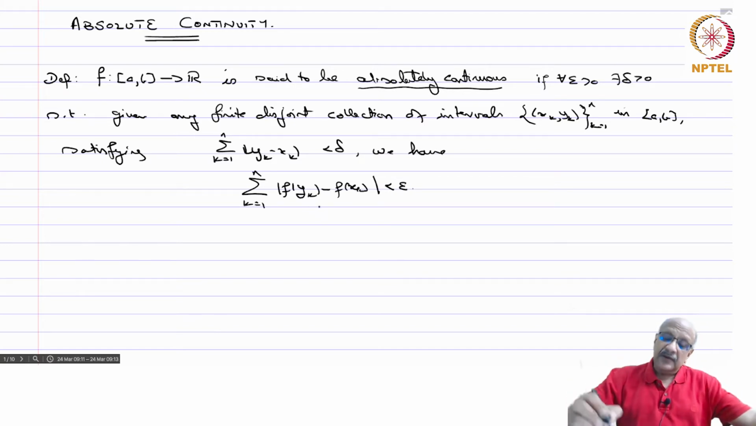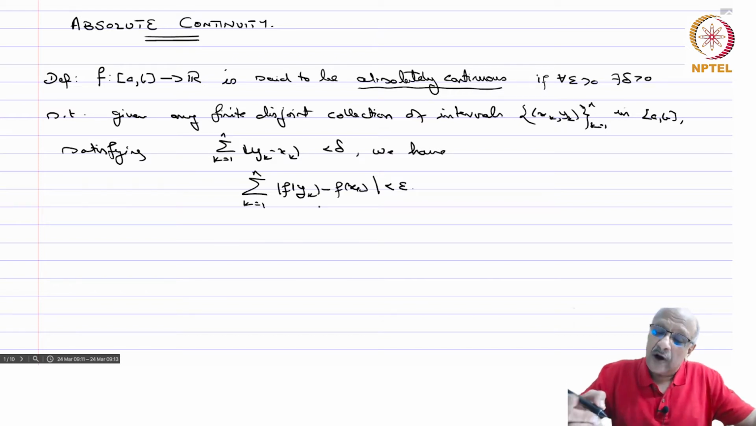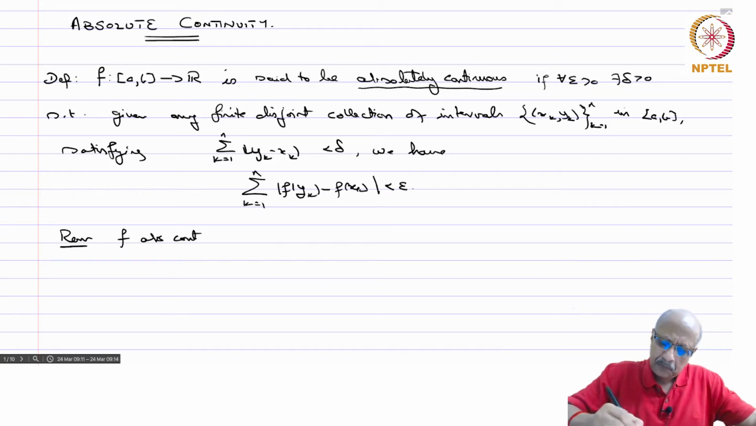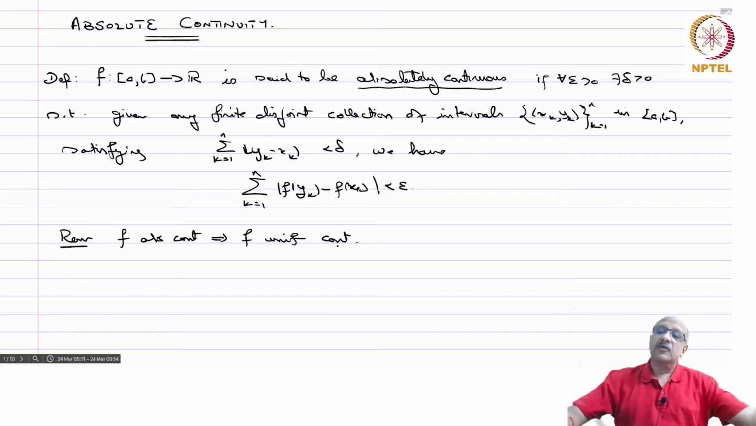So let us understand this definition. Given any epsilon, you have a delta. Now uniform continuity says if mod y minus x is less than delta, then mod f(y) minus f(x) is less than epsilon. Now we are going a little further, namely given any disjoint collection of intervals in [a,b] such that the total length of all these intervals is less than delta, then the corresponding variation is also less than epsilon. So it is obvious, remark: f absolutely continuous implies f uniformly continuous, because you can just take one interval instead of a collection which is less than delta, and then you have the definition of